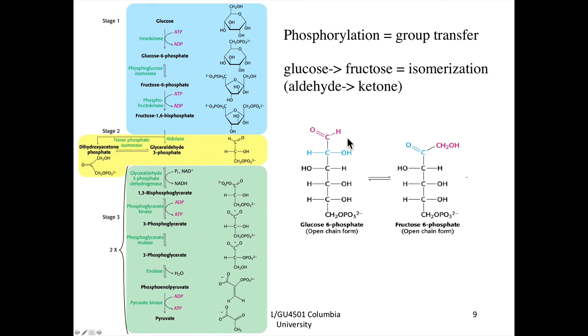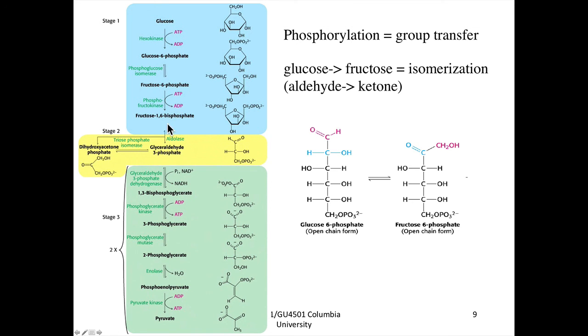And so a classic example is this type where we're isomerizing an aldehyde to a ketone or a ketone to an aldehyde. In other words, we're just, in this case, moving the position of the carbonyl, exchanging the position of the carbonyl and the alcohol on these 2 carbons. Okay, so that's an isomerization reaction. We can look, then there's another phosphorylation reaction here, so that's a group transfer, just like the first one we